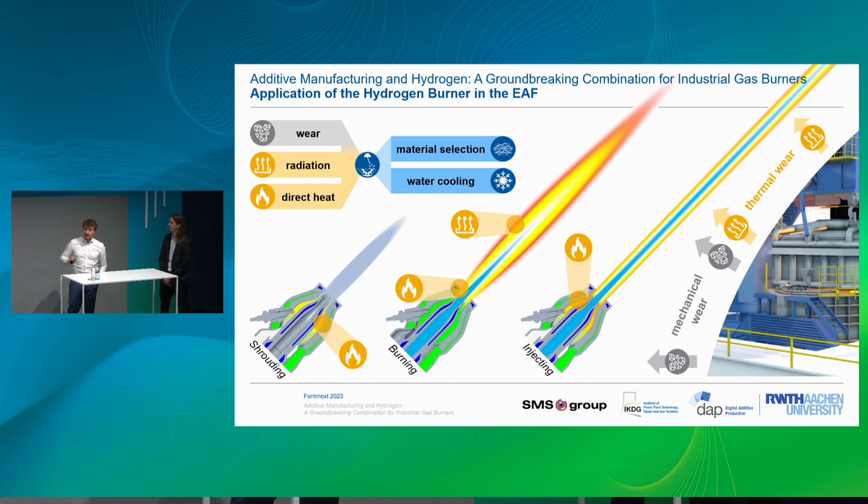However, we also have very high requirements for the combustion, and we have different modes and effects mainly for the thermal wear. So we have internal combustion zones, mainly in the shrouding and in the injection mode. So we have very high temperatures inside of the burner. And in the burning mode, we have a flame which is close to the burner tip or even at the burner tip. So we have a high thermal impact on the one side from direct heat transfer, but also from